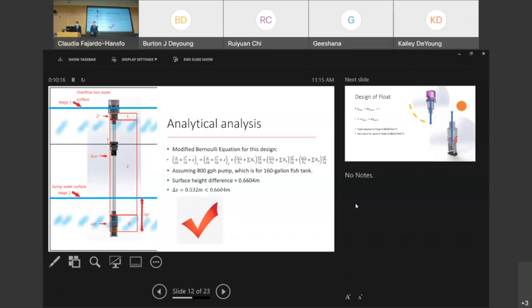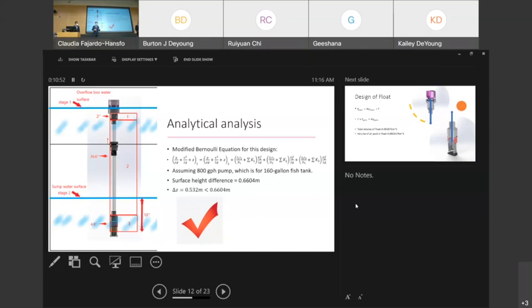In order to verify the prototype, we need to compare the required surface height difference. For our device, the surface height difference is 0.6604 meters. And after calculating, in order to pass through an 800 gallons per hour flow rate, we need at least 0.532 meters, which is smaller than our height difference. So it's feasible. Also, we did the calculation for 900 gallons per hour as well, with a low safety factor,